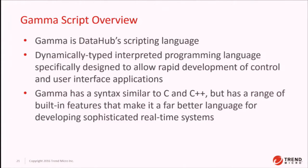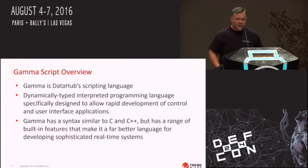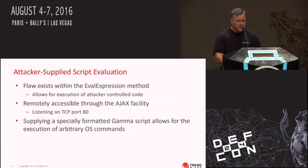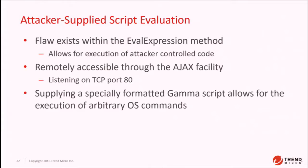It looks like C, and I'll show you some here in a second, and it has a range of built-in features. It's got libraries and everything. It actually has a fully documented API that you can read on the internet, and it's pretty full-featured for those application developers. Now, the attack itself is a flaw in a val expression method, and it allows an attacker